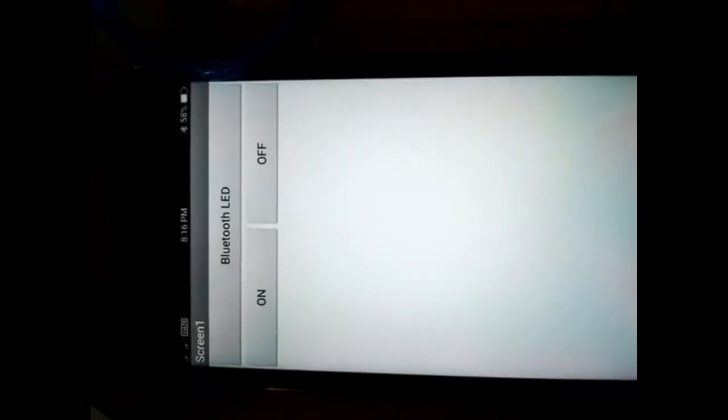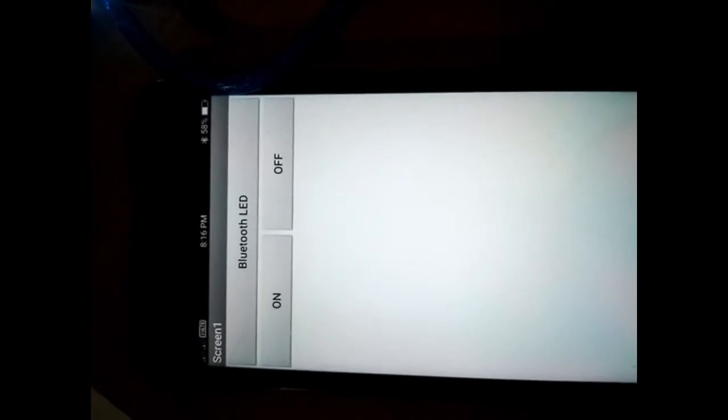This is the mobile in which I have created a mobile app. This is my Bluetooth app, which I have already prepared with MIT App Inventor. In the next video I will show you how to design this mobile app.